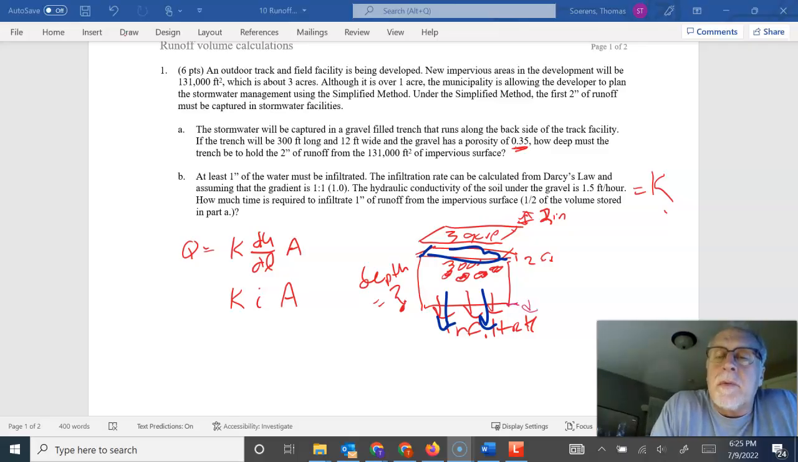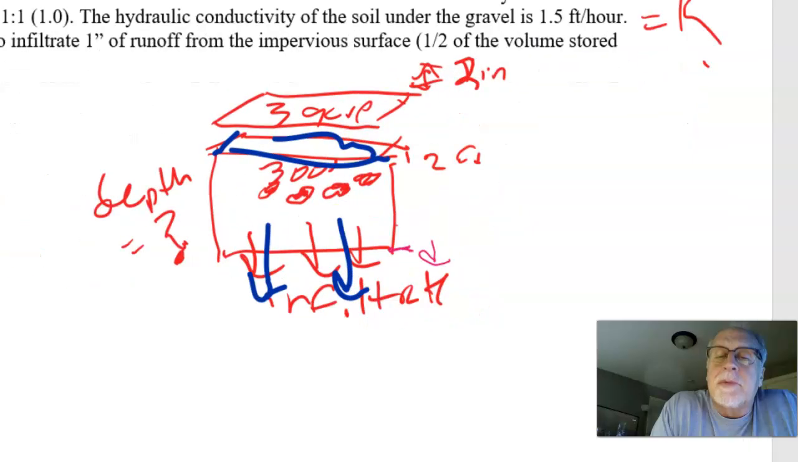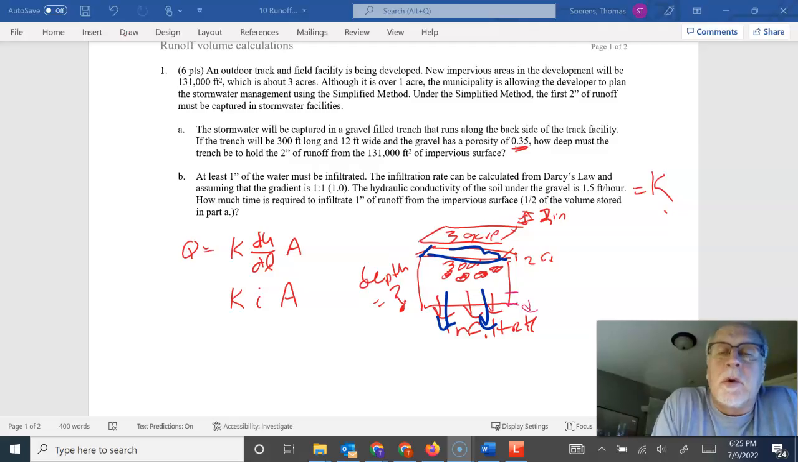So when the depth drops 1 foot, then the head drops 1 foot. Head that well, but we can kind of make the assumption that as the water drops 1 foot, the head drops 1 foot, and so then